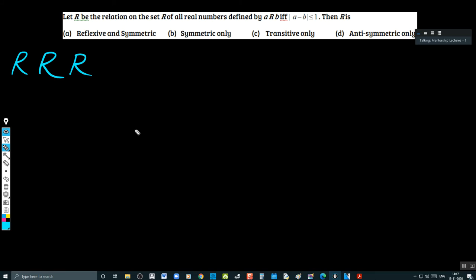There is a movie being made here in our states, directed by Rajamouli. Do you know Rajamouli? Yes, sir. No, sir. Who is he? Precisely, he is the director of Bahubali. So he is making this movie now, triple R. But here for us, the first R is the set of real numbers, the third R is the set of real numbers, and the middle R is a relation. It is a symbol of relation.